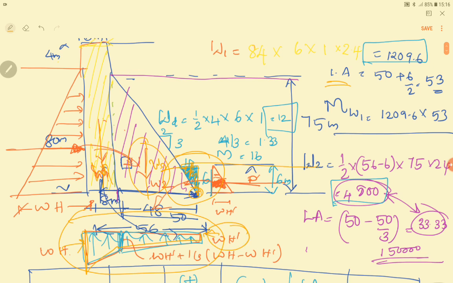Suppose there was no water, how will the diagram be? The diagram will be like this. The ordinate will be 0, right? And then what will this ordinate be? This ordinate is equal to the height of the water into W at the upstream side. Now this ordinate happens to be here just because there is a drainage gallery. If this drainage gallery was not there, then the diagram will be just a triangle, or a trapezium. This variation comes here just because there is a drainage gallery.